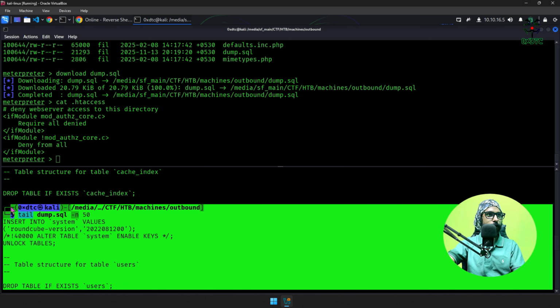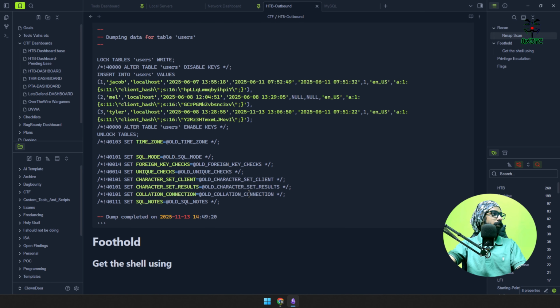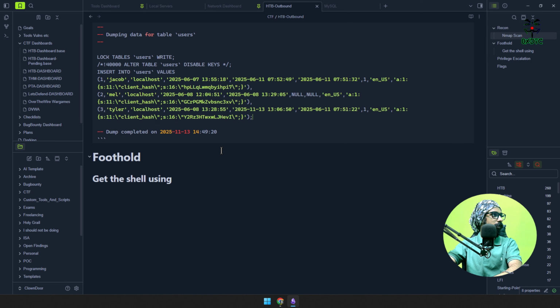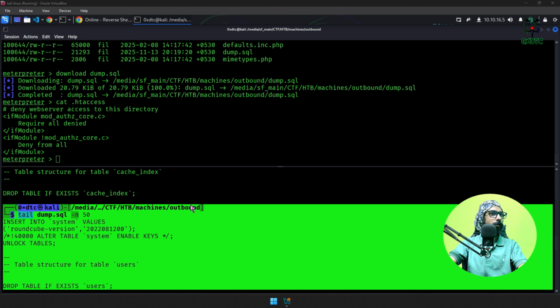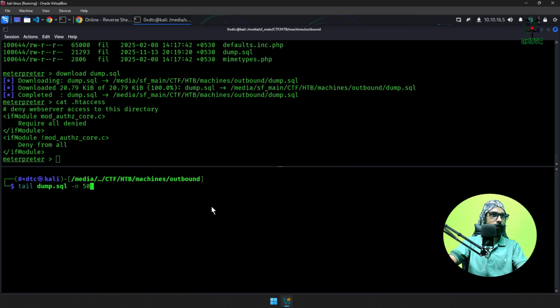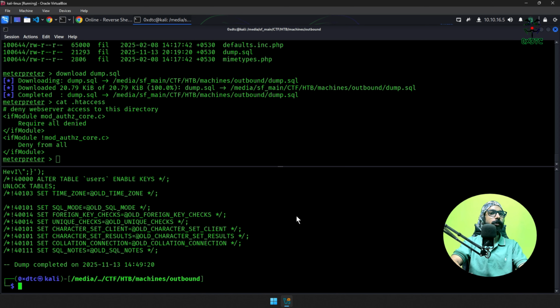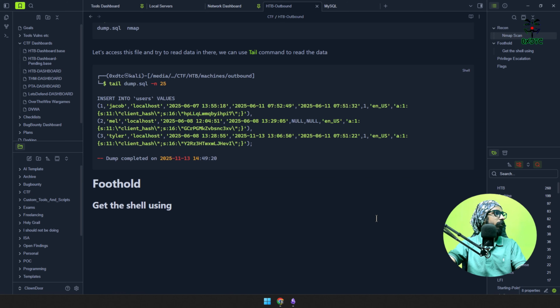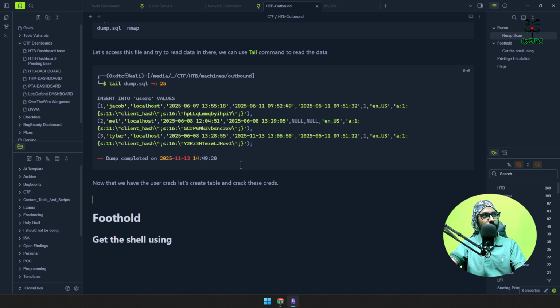We have too much data. We can use the sh paste. I guess we can remove this from here. I believe 50 lines are way too much, but whatever. Keep it to 25 probably. Let's clear it and try with 25. It should come in between. Yes, it is. It's good. 25 lines are enough. So now that we have the user threads, these are hashes for now, and they're not